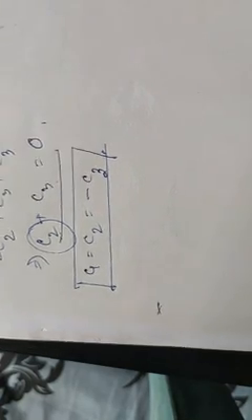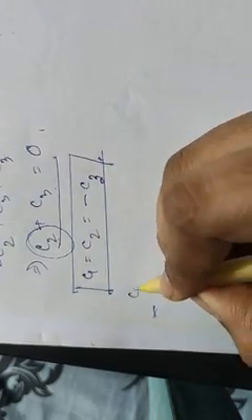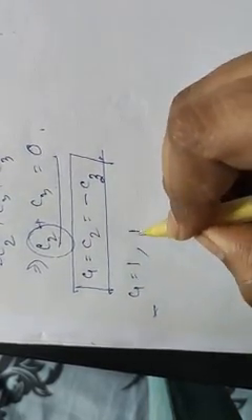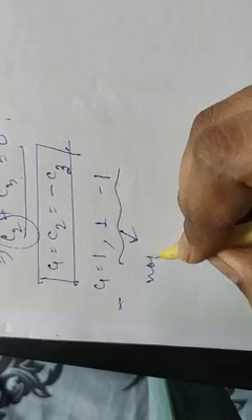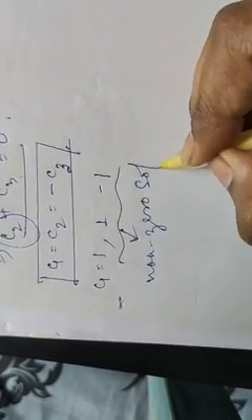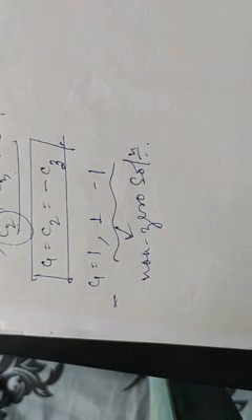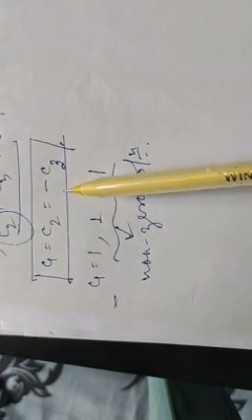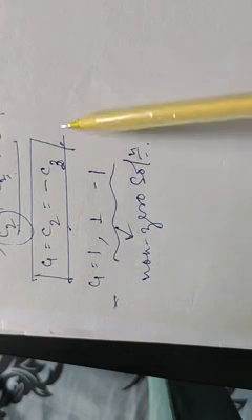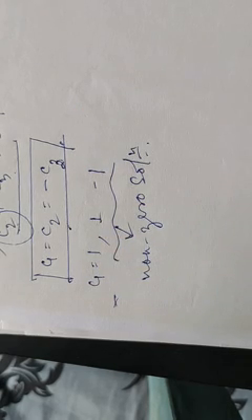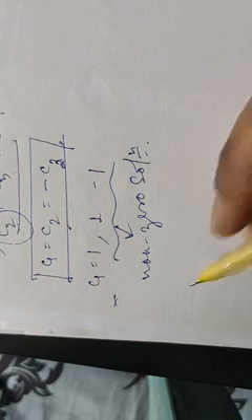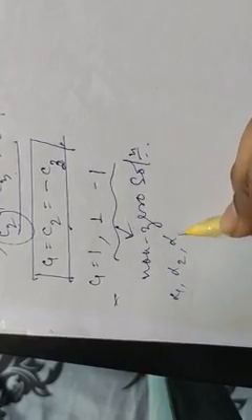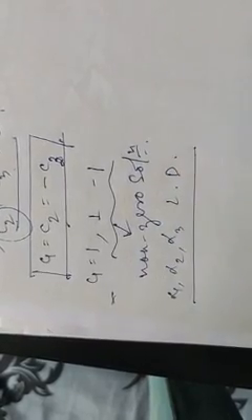That means if we take, suppose, any value C1 equal to 1, then C2 will be 1 and C3 will be minus 1. That is, we get a set of non-zero values, that is a non-zero solution for the constants: 1, 1, minus 1. Similarly, you can take many other values as 2, 2, minus 2, 3, 3, minus 3 and so on. There are infinitely many non-zero solutions for these constants C1, C2, C3. That means the vectors alpha 1, alpha 2, alpha 3 are linearly dependent. Right?